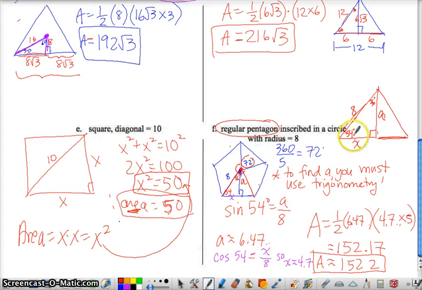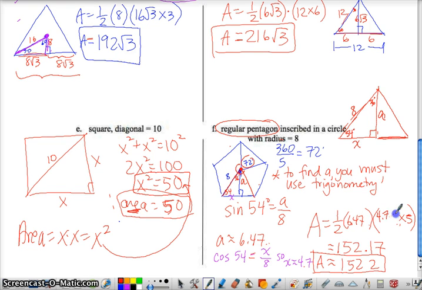To find the length of the base, I stuck with a 54-degree angle, but I did cosine of 54 equals x divided by 8, adjacent over hypotenuse. So cosine of 54 is adjacent over hypotenuse, or x over 8. I multiply 8 times cosine of 54, and I get 4.7. But in the formula, oops, I wrote that wrong, but I think my answer is correct. I have to double